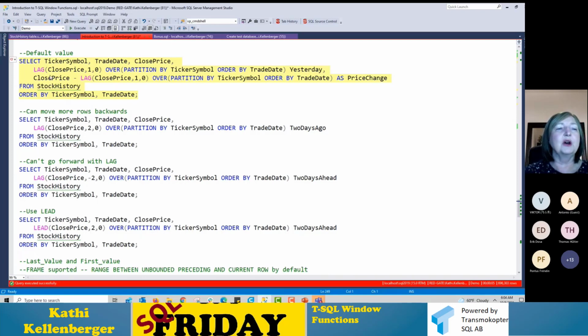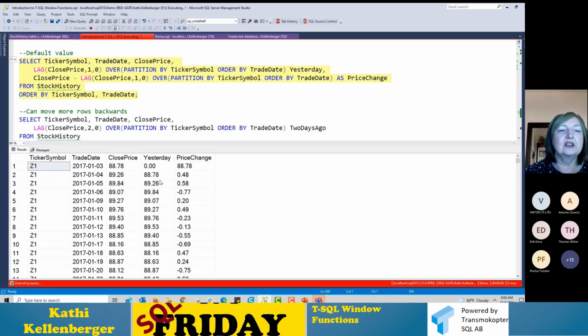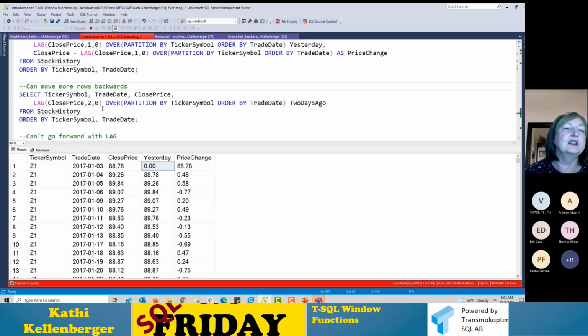Okay, so there are some other options with lag and lead. You can provide a value. If I want to go back more than one row, I can do that. If I want to provide a default value instead of null, I can do that. So in this case, I just have a 0 there instead of null. I can go back. If I want to go forward in the data, I have to use lead, because the